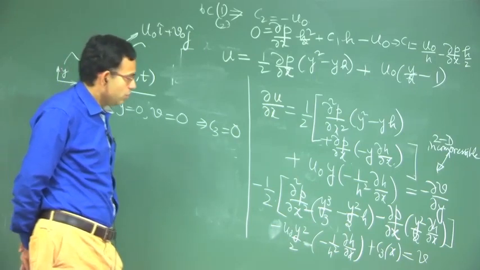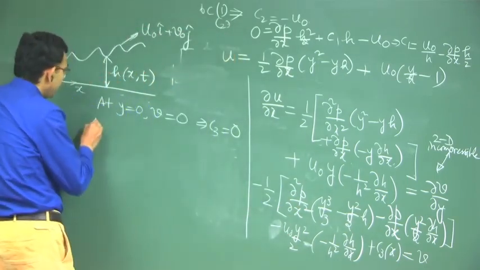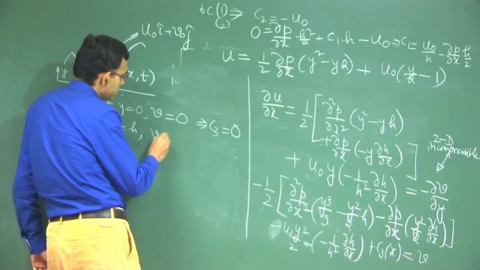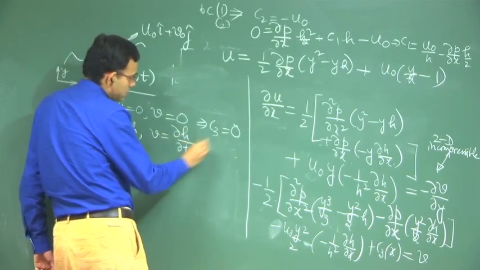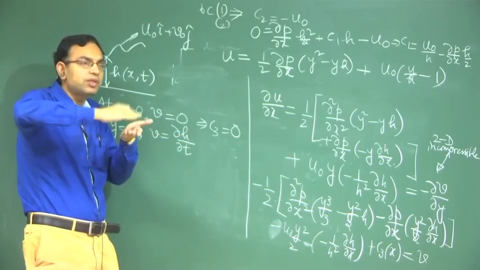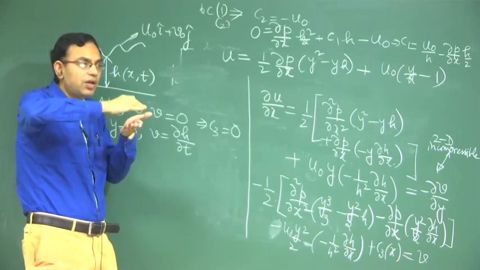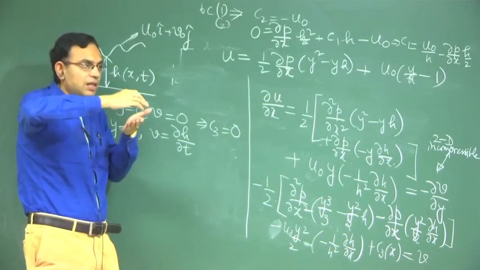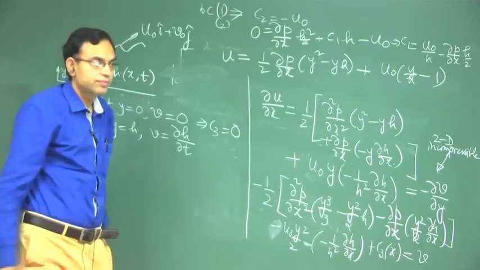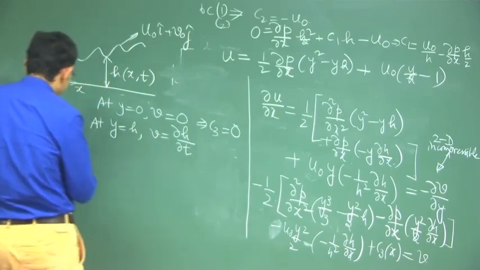So, you will get an expression for V, and you will get a governing equation for pressure if you substitute that at y equal to h. This is the kinematic constraint, that is the rate of change of h with respect to time is the velocity at y equal to h, that has to be the same as the velocity of the plate at y equal to h, otherwise there will be a lack of contact between the fluid and the plate and they have to move together, it is pure kinematics. So then let us substitute minus half.